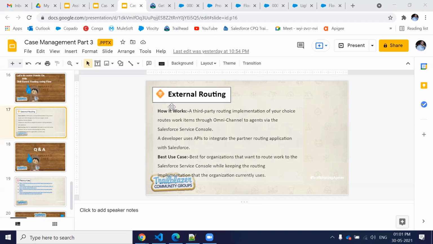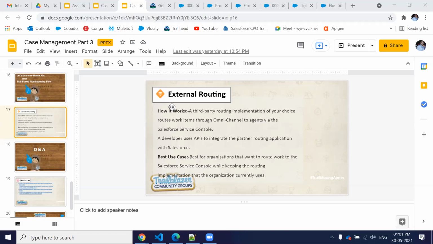In that, you have to define the external routing, and you have to pass the routing configuration IDs as well as the service channel IDs, as well as the skill IDs if you are using skill based routing. These are the three things you have to provide to Microsoft Dynamics, and Microsoft Dynamics is going to perform the algorithms. That algorithm can be anything, like least active, most available, round robin, or anything based on certain business logic.